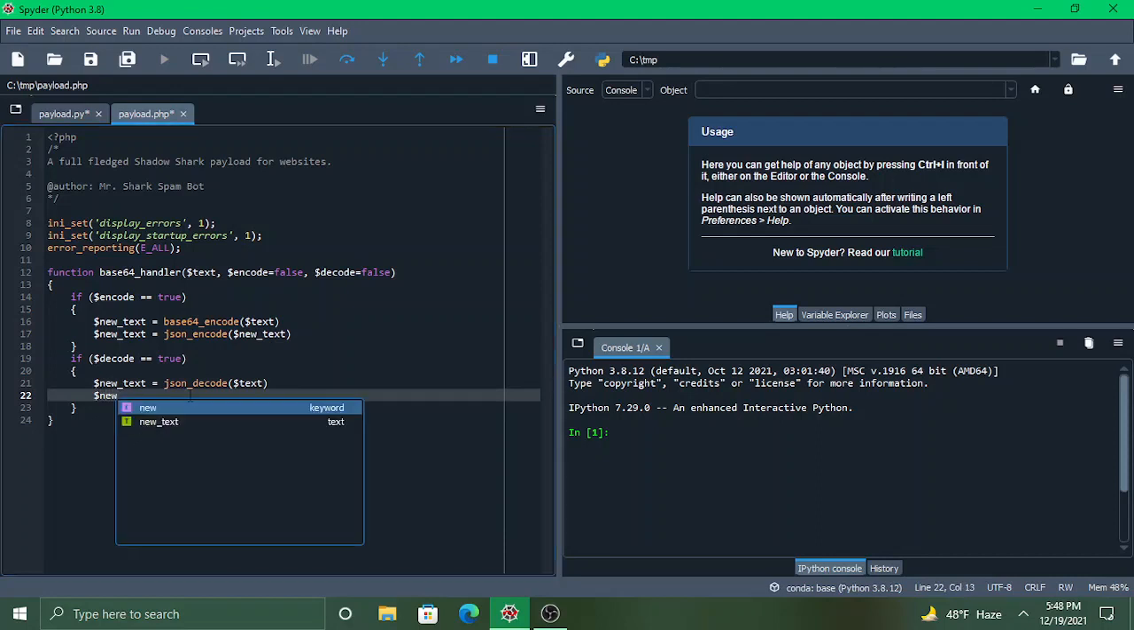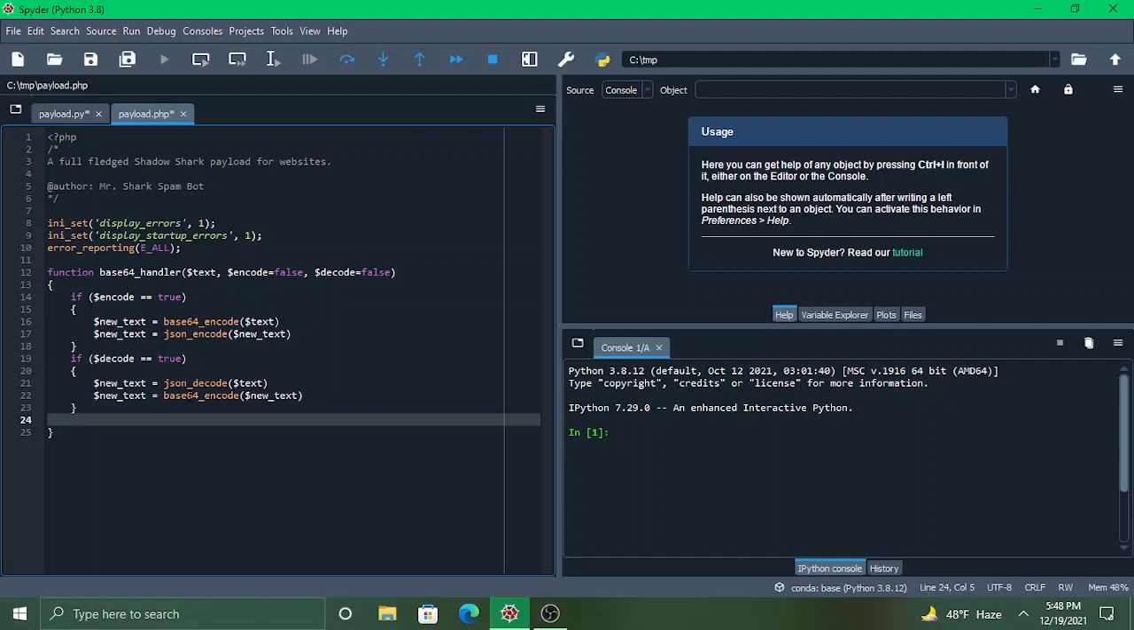And then there we go. So now what I can do at this point is just return the new text. And I keep on forgetting to do this, but I do need to have all of that, and yeah, I should be good now. So